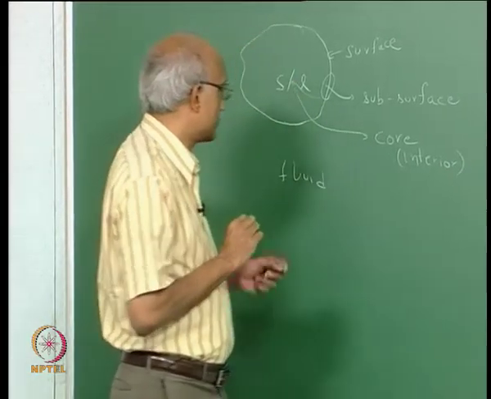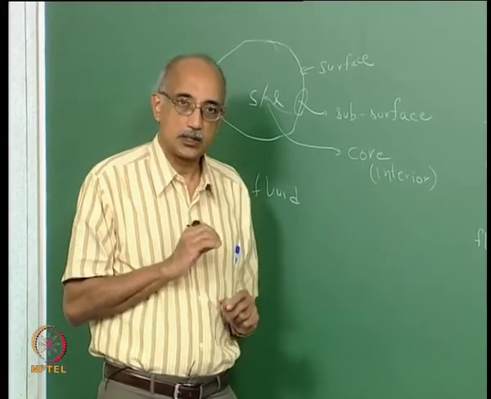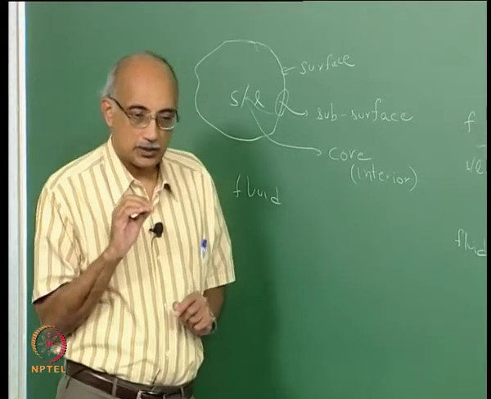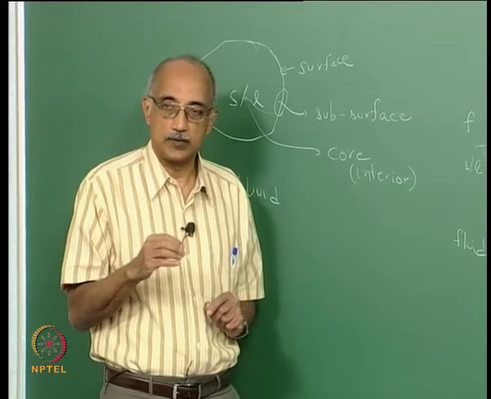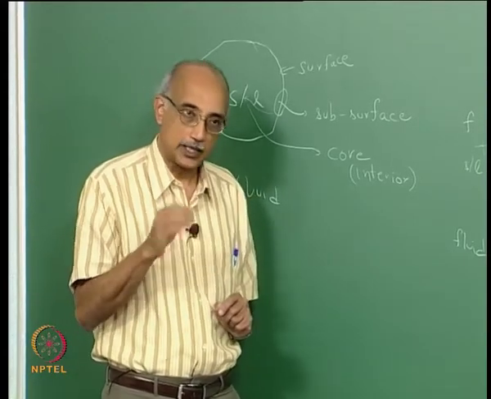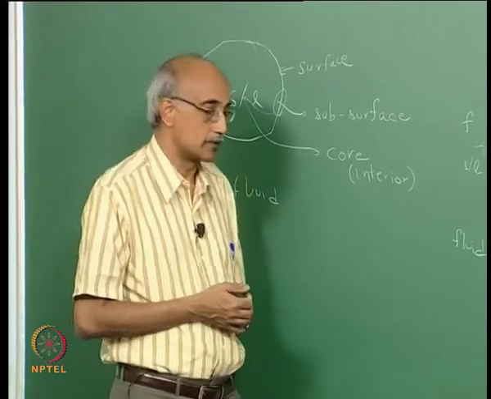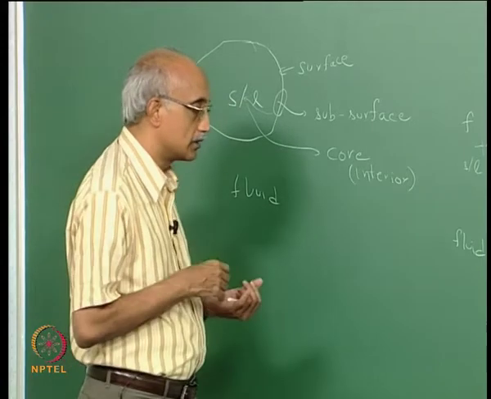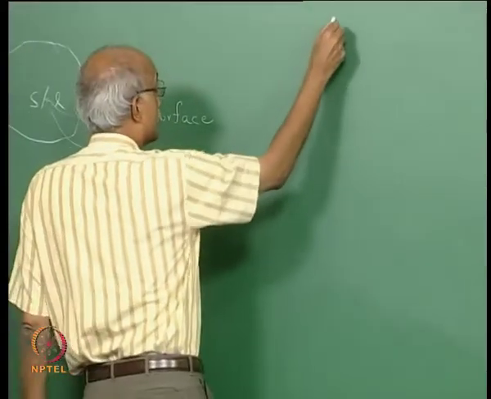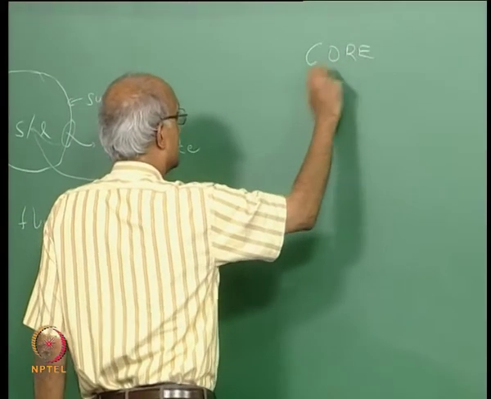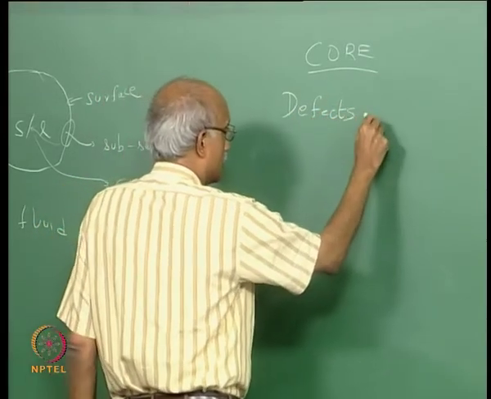Now in particular, we try to characterize the core by its defects, because again it represents the purest form of the material. We are interested in the defect level that is present in this material, because that has a huge influence on, for example, the functional properties of the particle itself. So we are interested in defects which can be of various types. So if you look at the core of a particle and you look at defect types, there are really three of them: